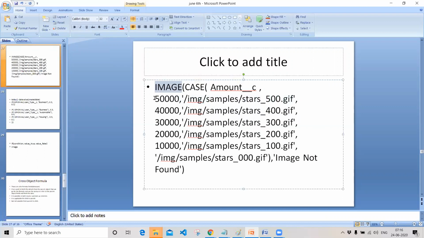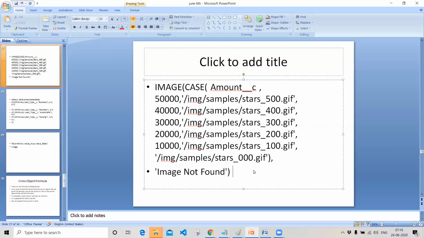So these are a couple of the conditions that you are seeing. If the given value does not satisfy any of these conditions, it will return an image of 0 rating. And if there is no value in this field, it will give image not found.